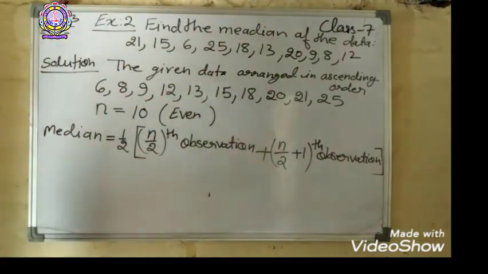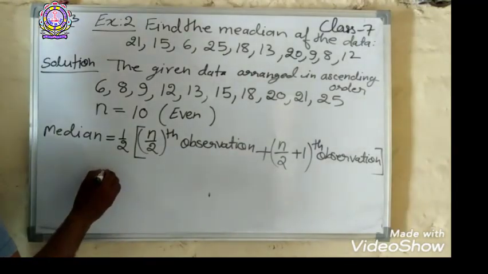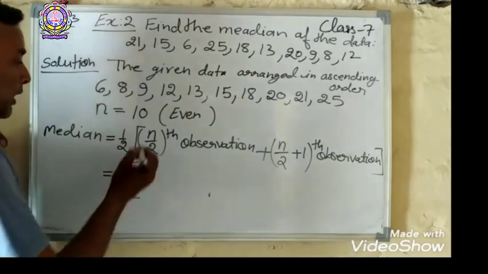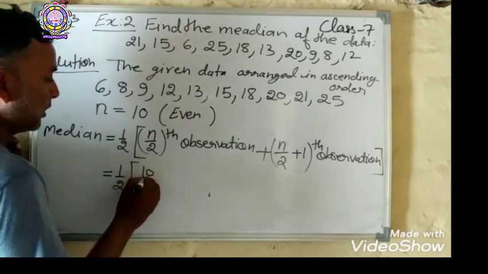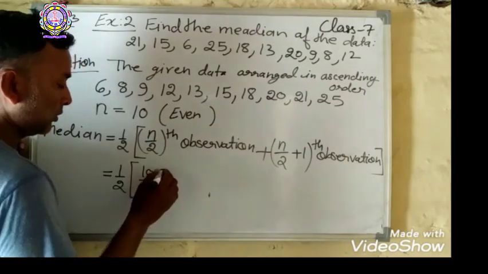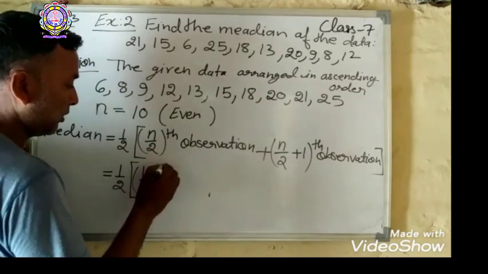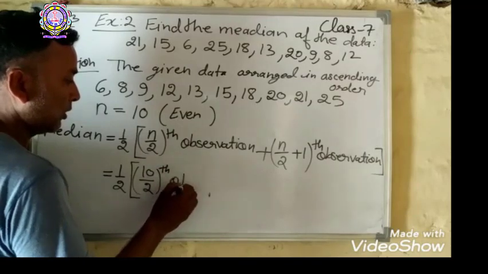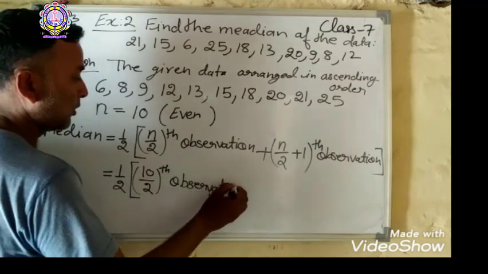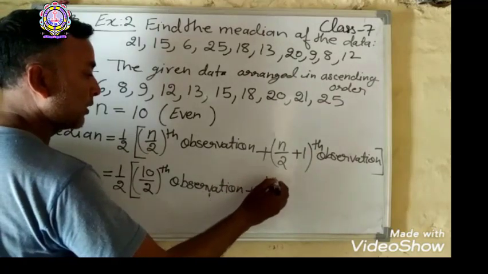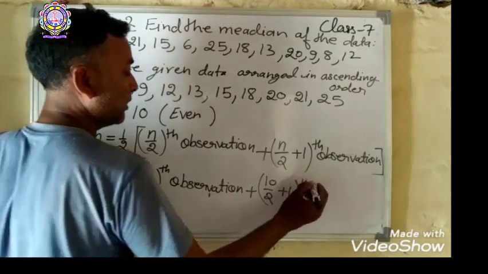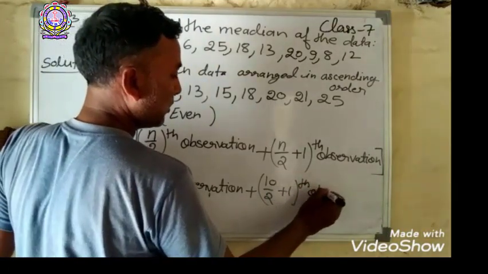And be careful here. Is equal to 1 upon 2, the value, and here n is 10, so 10 upon 2 nth observation plus n upon 2 plus 1 nth observation,